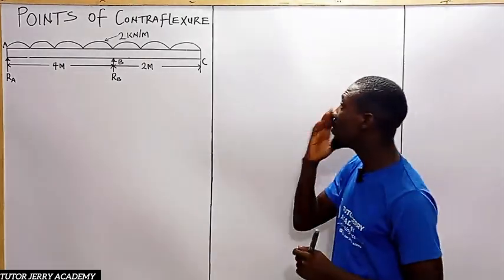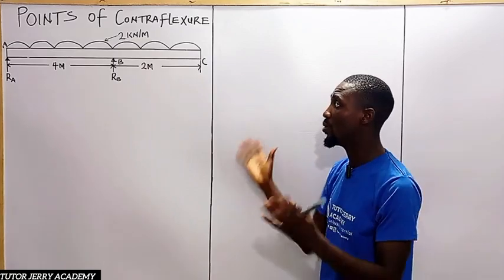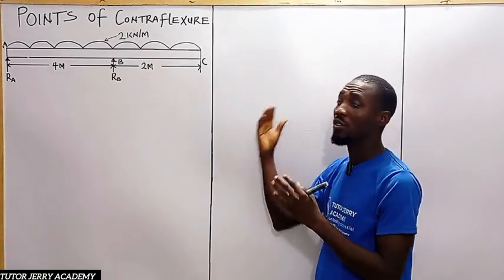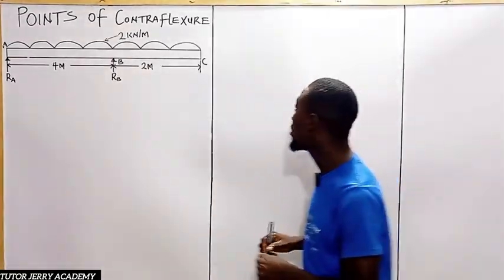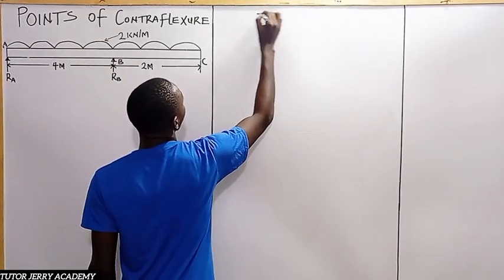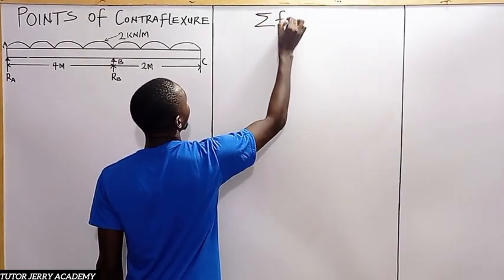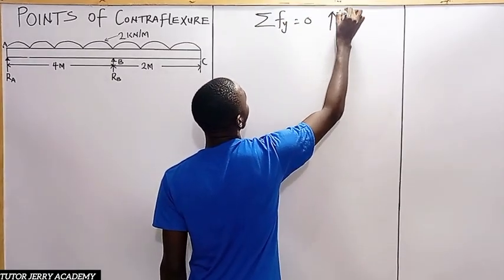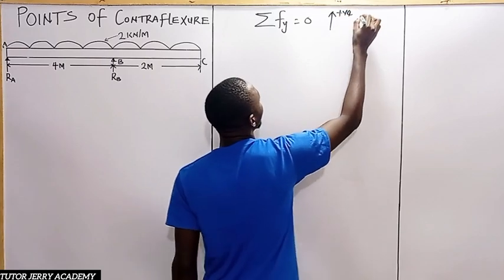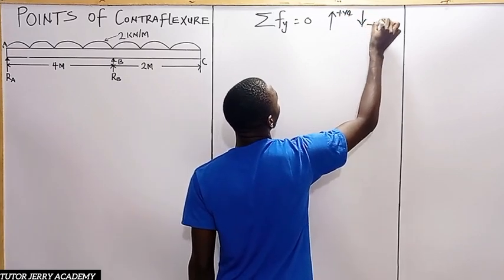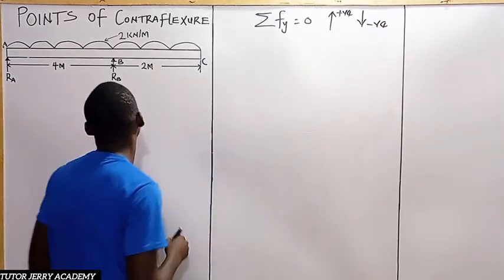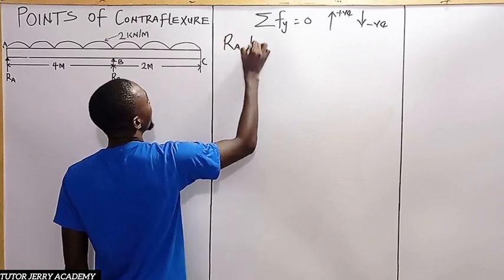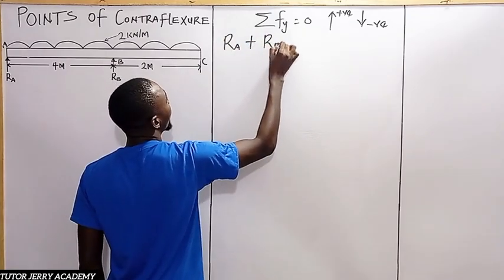All right, so the first thing we are going to do is take the summation of forces. Upward force equals downward forces. That is, the sum of forces in our y direction should be equal to 0. After that, we take our coordinates. Upward force will be positive and downward force should be negative. All right. So now we are going to have our reaction at A plus reaction at B